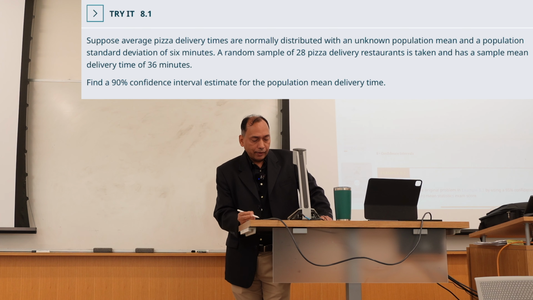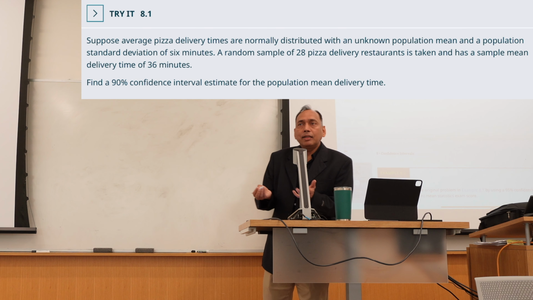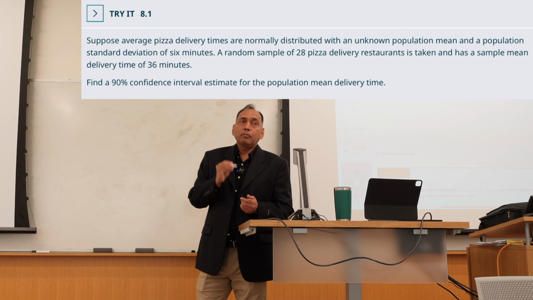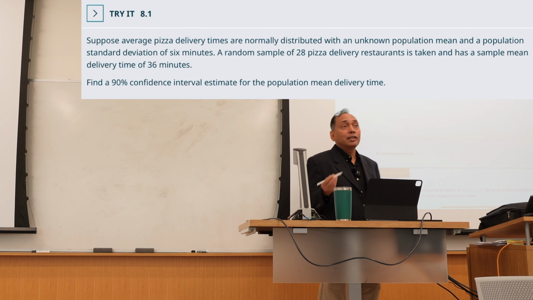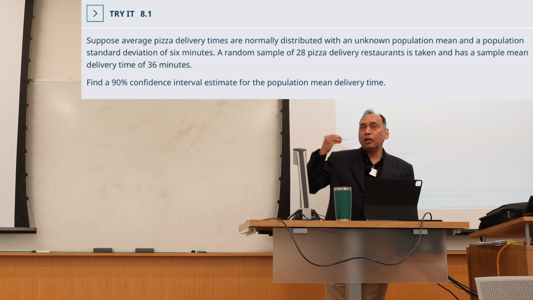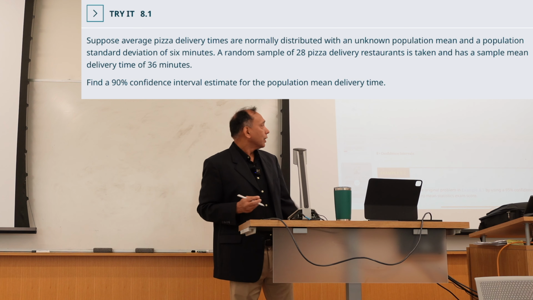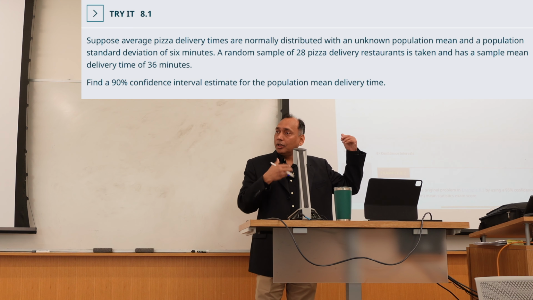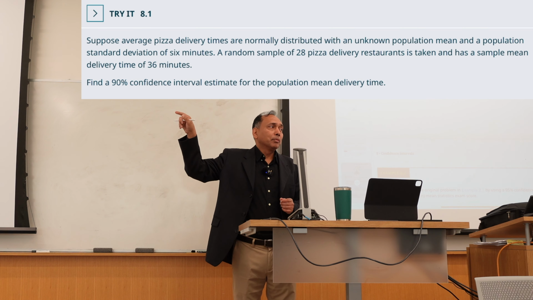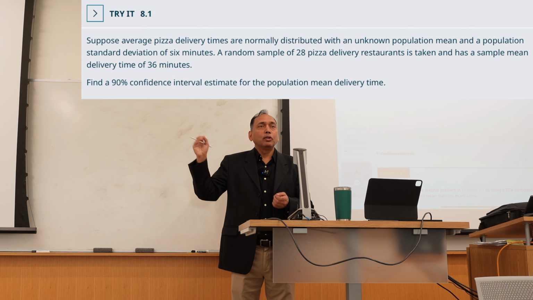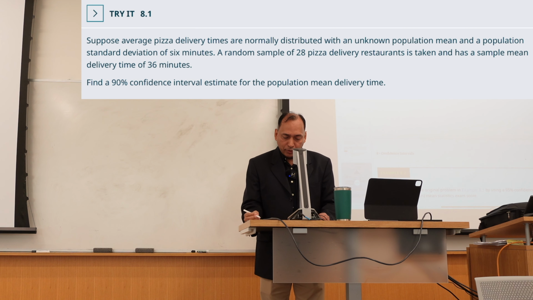So now we have sample of 28. Somebody may say like 28 is less than 30, because for central limit theorem to apply, your sample size has to be more than 30. But that is for the cases where the original distribution is not normal. But here it says that the original distribution itself, like x, follows normal distribution. Then x bar will definitely follow normal distribution. So sample of 28